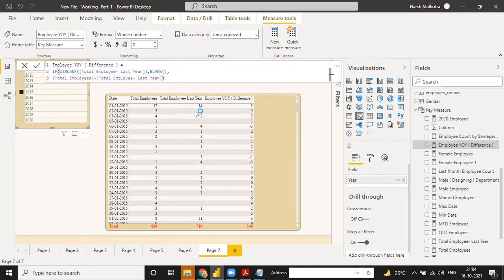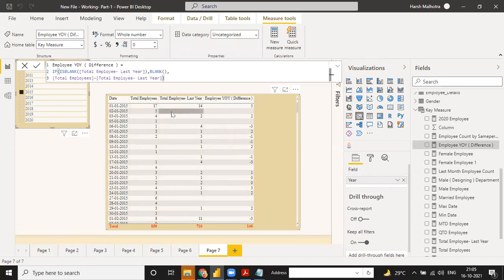What is this actually? Suppose in this row, this is blank, and this minus this is 5. So this is also blank. That is the reason we are going to use this function, because YOY is only valid for those years in which we have a current year and a last year.